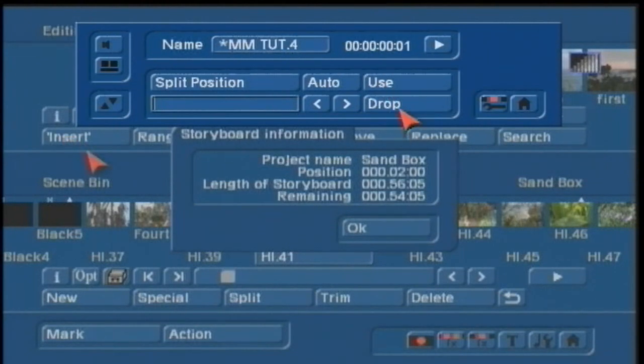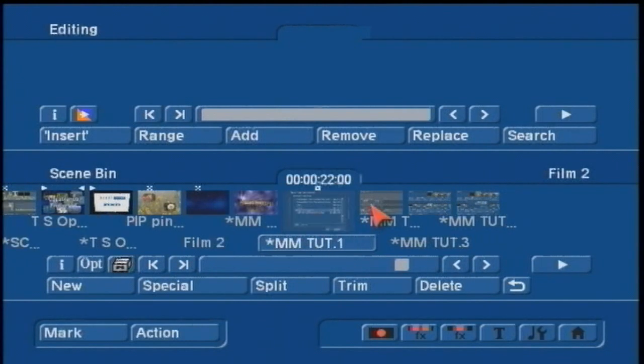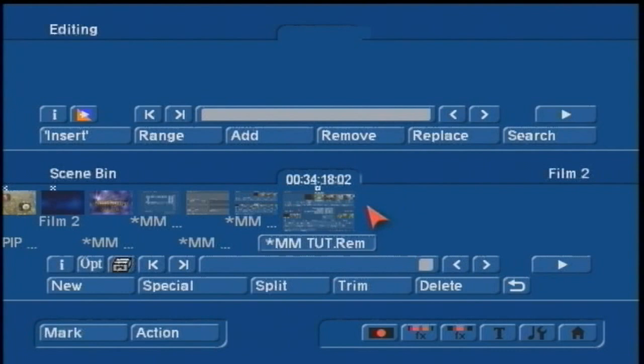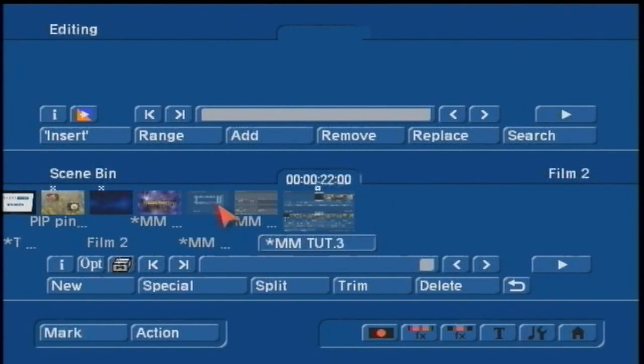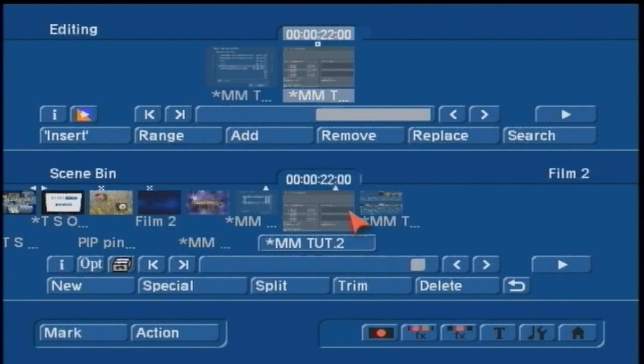Okay, so now there's the Media Manager tutorial, and now I've got 1, 22 second, 2, 22 second, 3, 22 second, and then the remainder. We can just delete, get rid of that remainder. Now what I'm going to do is add these 3 to this storyboard, one behind the next,